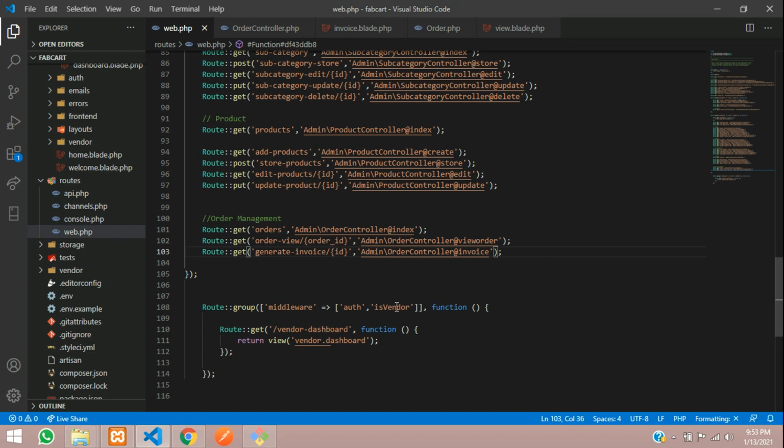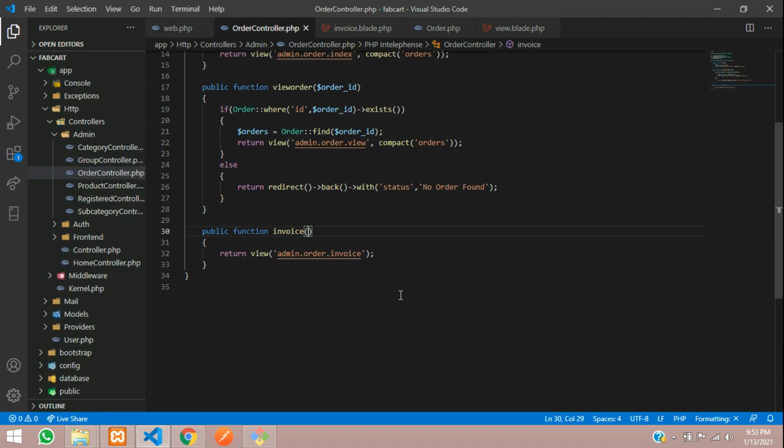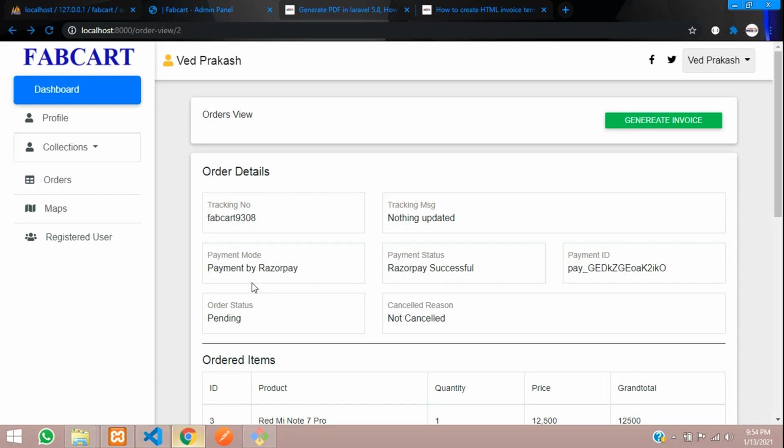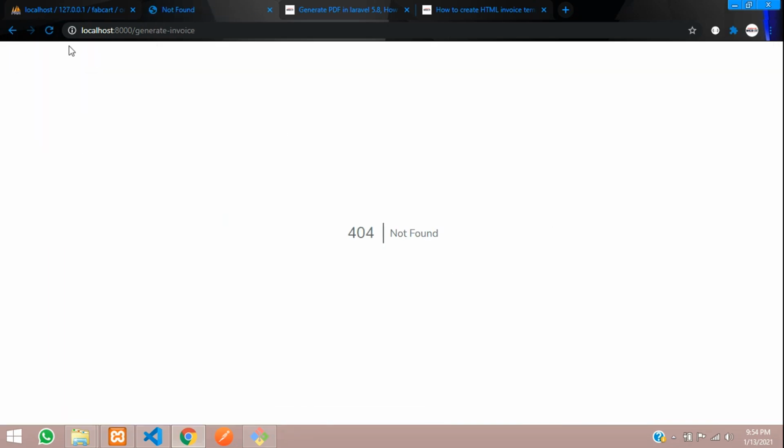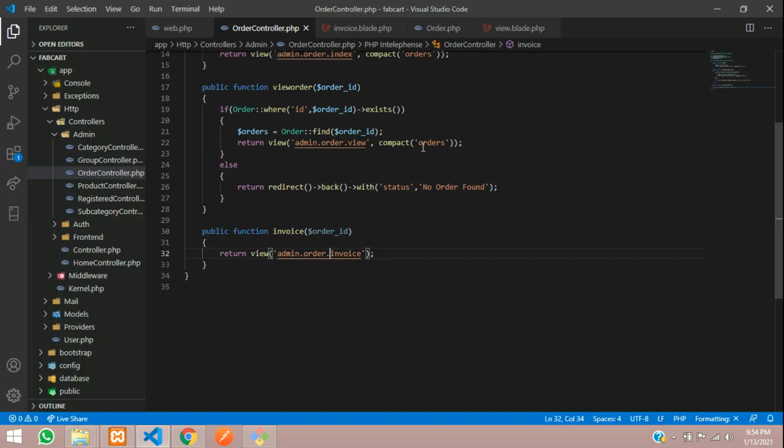So you can tell this as order ID, where the order table ID will be passed over here, and inside this you will call the order ID, $order_ID. Let's call this, and inside this what we want actually is that. So let me click on this. Oops. Okay, so we have to pass that ID. We didn't pass it in the URL, so let's pass that also.